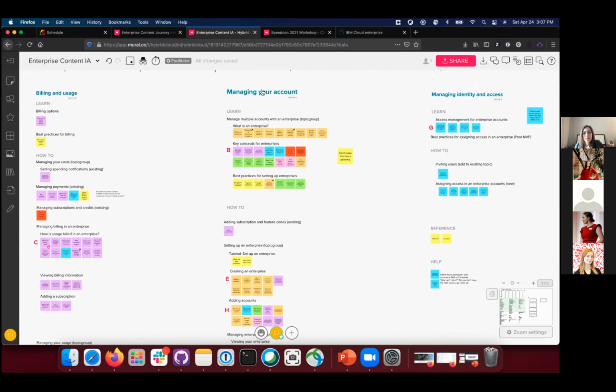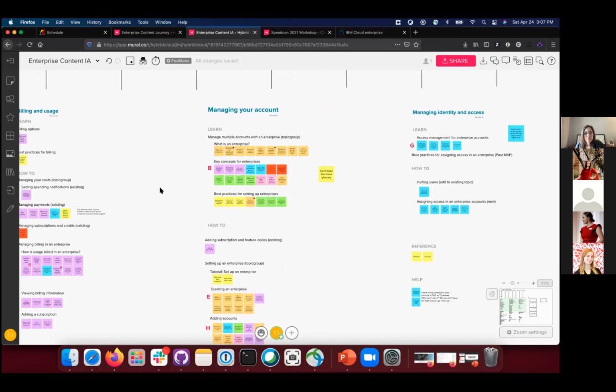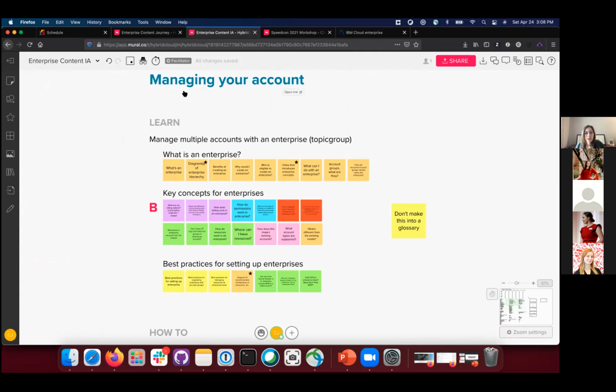So each of these titles here are different collections of documentation that we have within IBM Cloud. And then we have an existing information architecture framework that we are fitting this content into, and that's represented by these learn, how to, reference, and help sections. So we've got that framework in place. Now we need to start ideating on what those actual topics should be and what they look like. And so we would just pull down the stickies and start grouping like content with like, figuring out early on in their phase, we're here under the learn section,